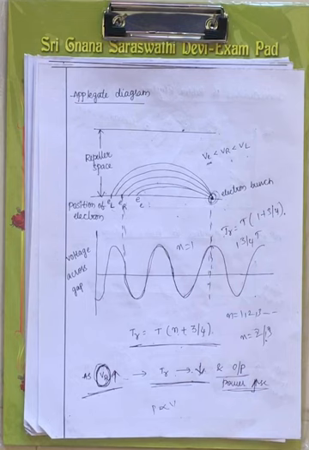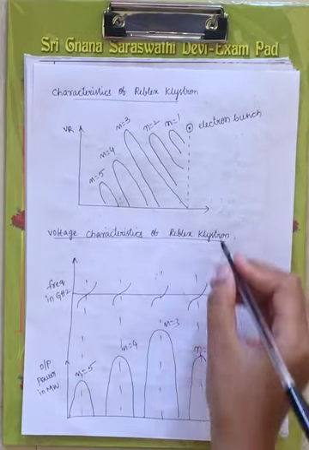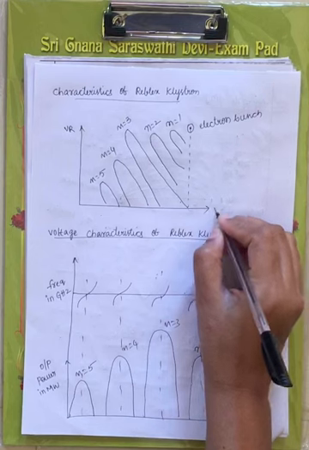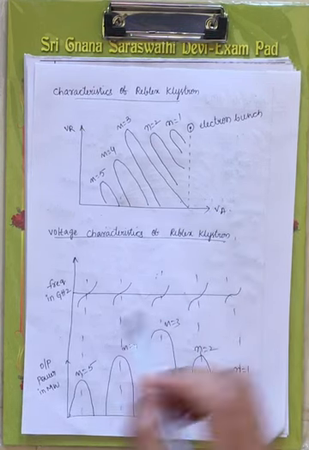This characteristic is your experiment under lab, right? You have to find out the voltage characteristics of your reflex klystron, nothing but your repeller characteristics, as you will also call it. This is one of the experiments under your lab, right? Now coming to characteristics, now this is about the voltage characteristics, right?